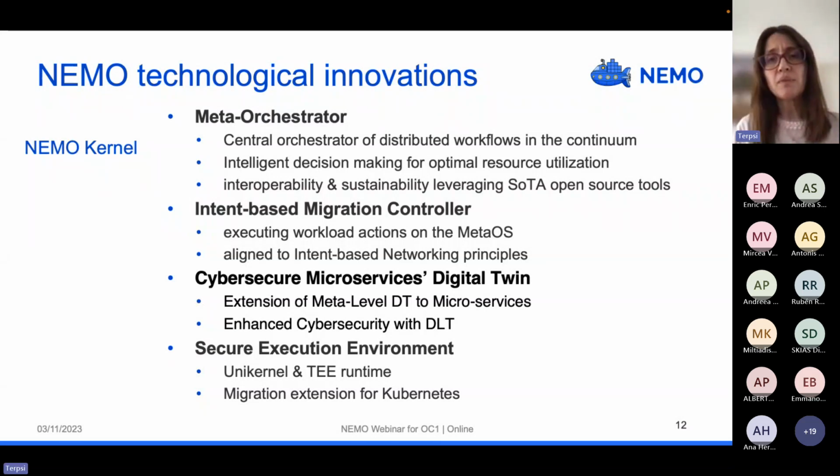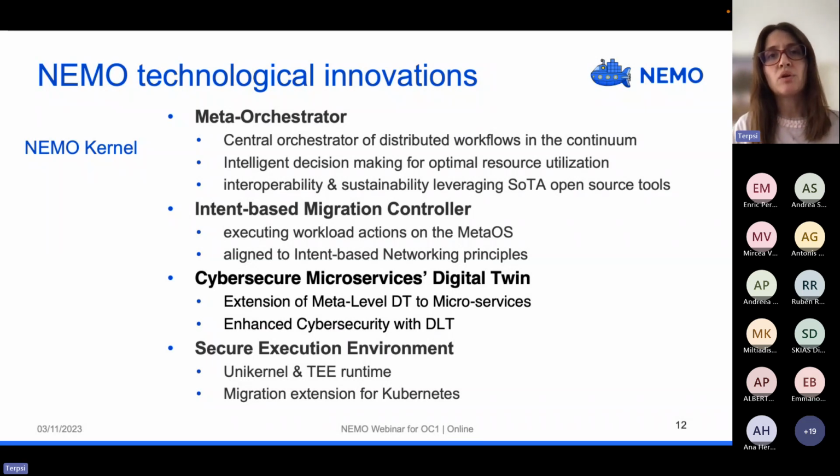Also, interoperability and sustainability leverage state-of-the-art open source tools. It actually builds upon open source projects of the Cloud Native Computing Foundation.